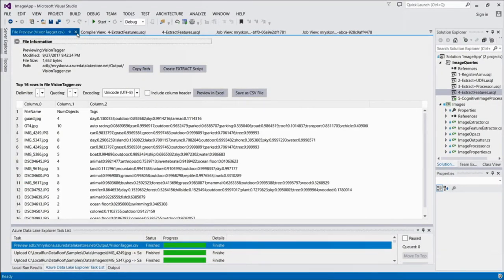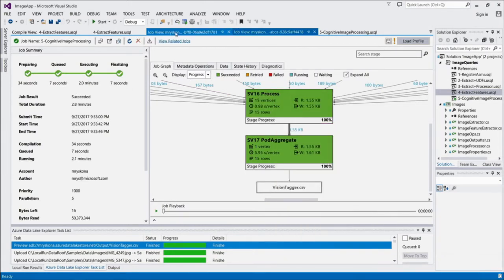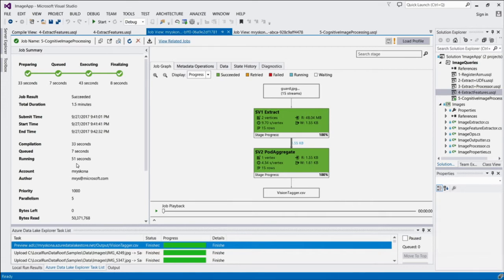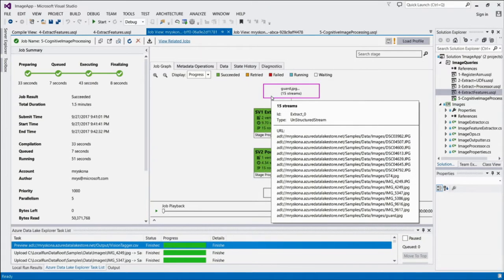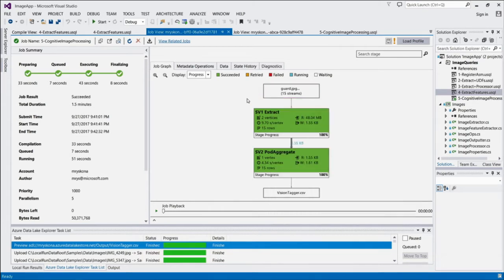Now, I did run the same job using the preview features, and in the preview features, the job was running for less than a minute, and the plan looks different. I only have 1 vertex here, so instead of using 15 vertices that are costing me potentially, when I scale those out, quite a bit more, in this case, I actually could run this with 2 vertices at most in parallel, because these images were all packed together, and so it's more efficient. So this is just kind of a preview of these performance improvements that you can get by enabling them currently as a preview feature. Okay, so now let's go back to my presentation